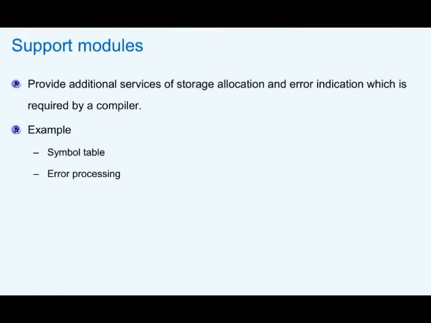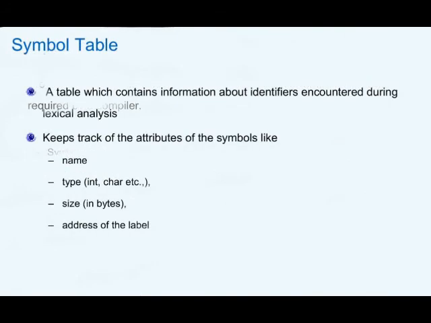For all these various phases of the compiler, there will be support modules, as we have seen from the first diagram itself: the symbol table manager and the error processing part. The symbol table, as we have seen in the first phase itself, will be created and tokens will be put there, and it is used together in various phases. Along with that, in the various phases, error checking will be done. During that error checking, an error processing table is created and processing will be done, in terms of just telling that particular problem, or it can be doing something else also. So let's see what it does.